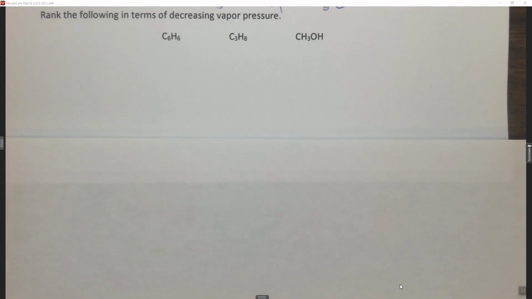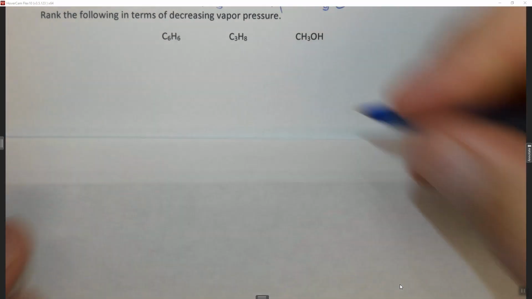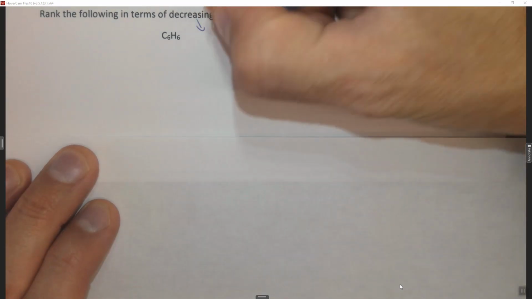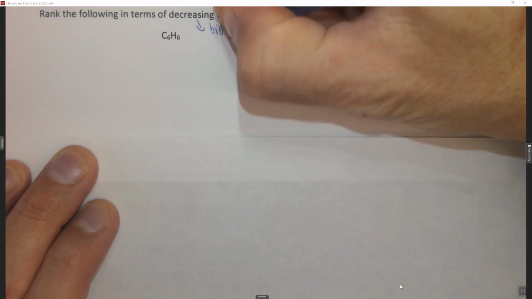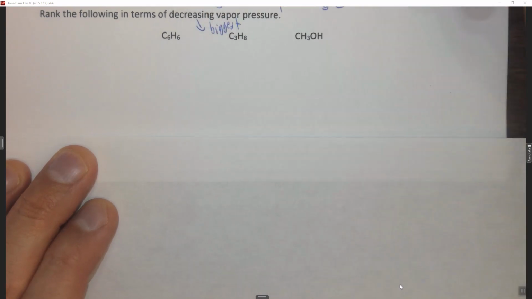So this one says rank the following in terms of decreasing vapor pressure. So decreasing means biggest first, the one with the highest vapor pressure first. And if you go back a few questions, you'll see again that vapor pressure is inversely proportional with intermolecular forces. So the one with the highest vapor pressure is the one with the weakest intermolecular forces, because